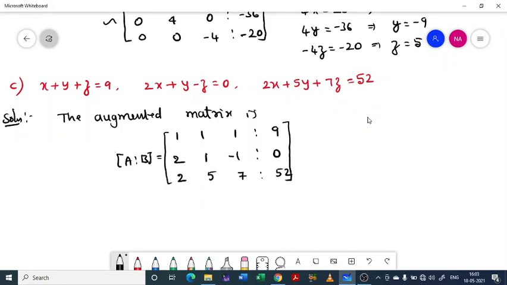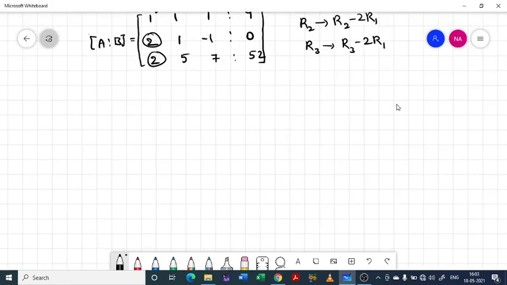Now I have to make these two 0, this and this, referencing point 1. R2 changes to R2 minus 2R1 and R3 changes to R3 minus 2R1. So applying this operation we will be getting,